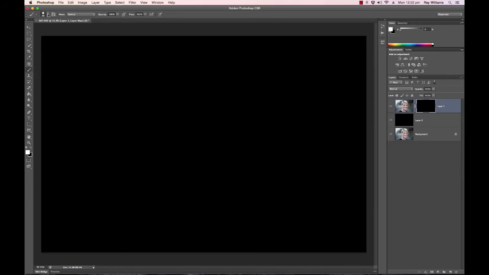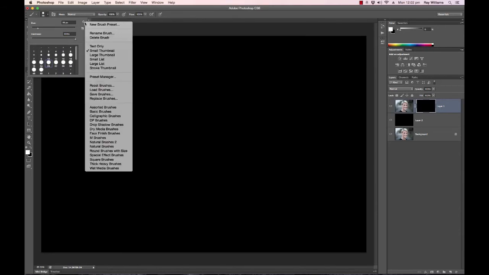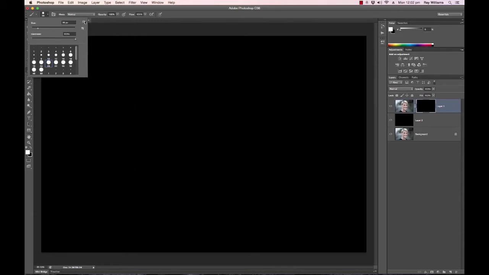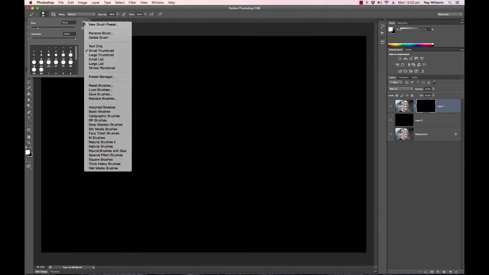Now the brush tool comes with the basic tools, which are these, which are really boring. This is not what I want to use. So I'm going to go and find another set of brushes, which also comes with it. So if you click on the gear or the settings icon when you're in the brush tools, just up here on the right, click on that and then come down. I'm actually going to use